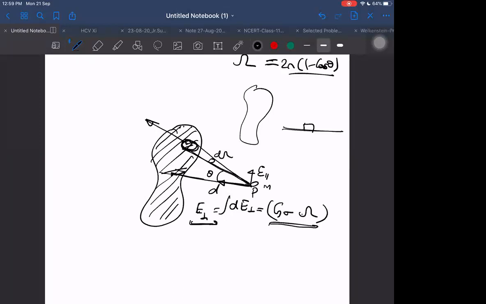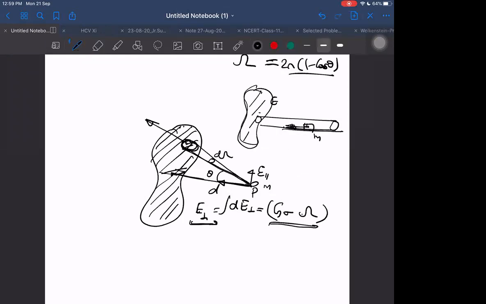It is in a gravity free space, and it is connected to this with a hollow pipe. If it is connected with a hollow pipe, can it move in any direction other than along the pipe? No, it can move only in this direction. So when this heavy disk is pulling it, its acceleration is confined to the perpendicular direction, and I can find that acceleration by knowing E perpendicular, because mass into E due to the other body in the perpendicular direction is F perpendicular, and F perpendicular divided by mass gives acceleration. It again comes out to be equal to E perpendicular only.